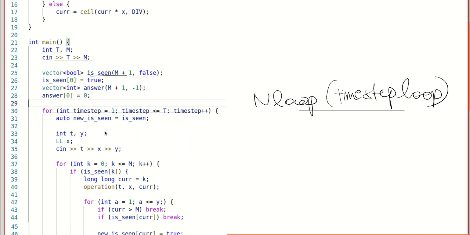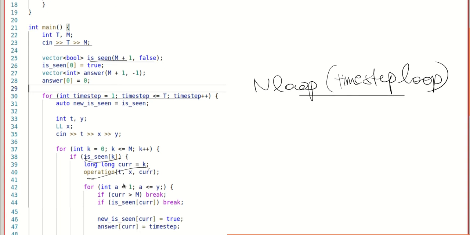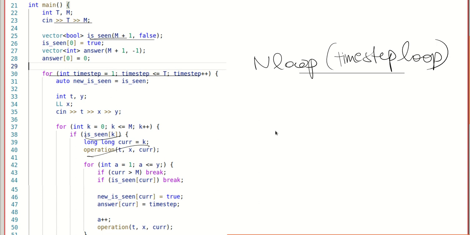So we check if it is visited. We have to update from those cases only which we have already visited. Those which haven't been visited, we don't need to bother about them. So we check first if we have already visited k in one of the previous time steps, and if we have, then we apply the operation. I will show the operation code after the walkthrough of the main code, and then we will run the while loop. So this was the n loop, then the m loop.